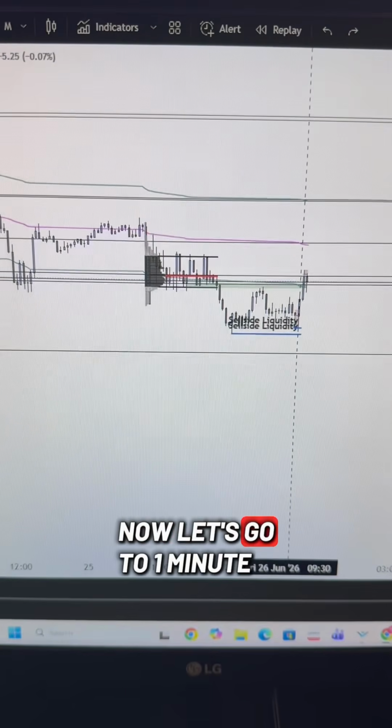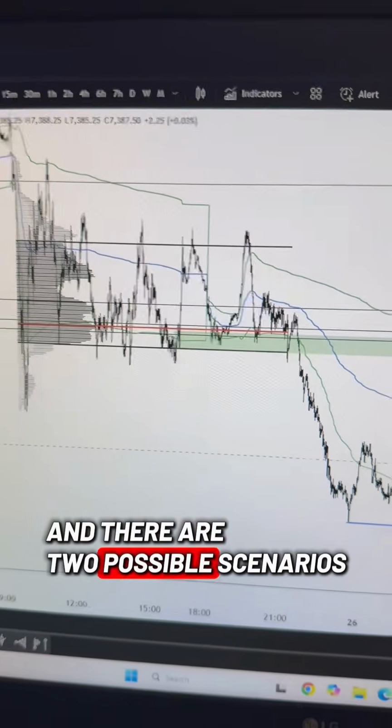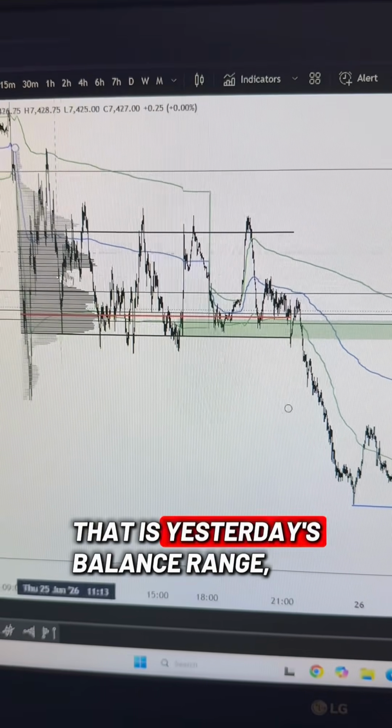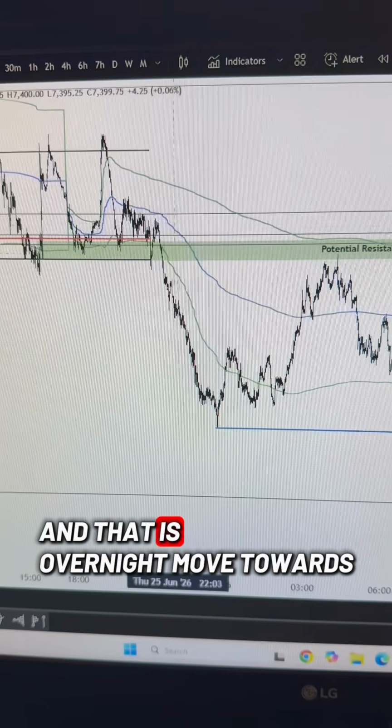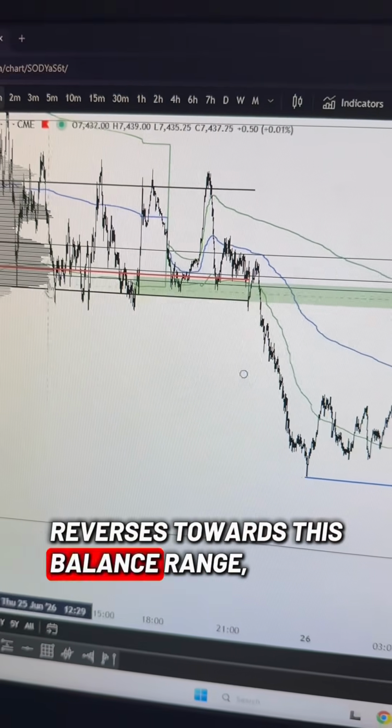Now let's go to the 1-minute time frame. So this is the 1-minute time frame, and there are two possible scenarios for me. That is yesterday's balance range, and that is the overnight move towards the downside. So I was expecting if price reverses towards this balance range, I was